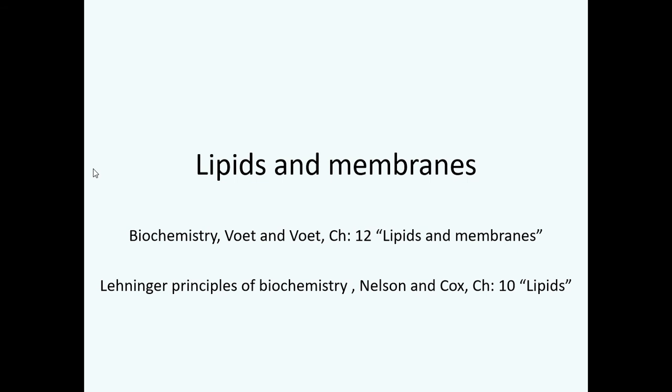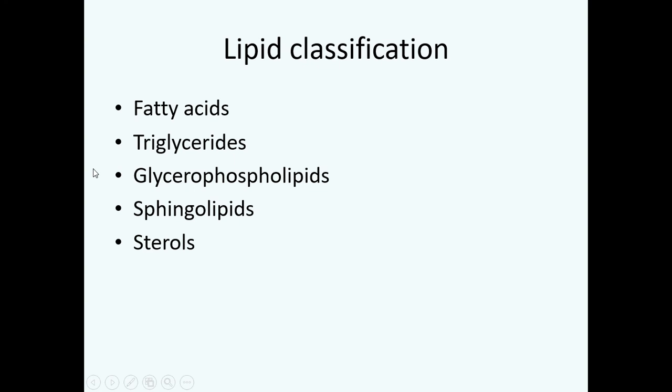Alright, so previously we have had an introduction about lipids where we looked at the various important functions which lipids carry out. Now we are going to proceed with the classification of lipids. In this lecture, we are going to talk about different types of lipids and their functions. This slide shows the various different types of lipids,